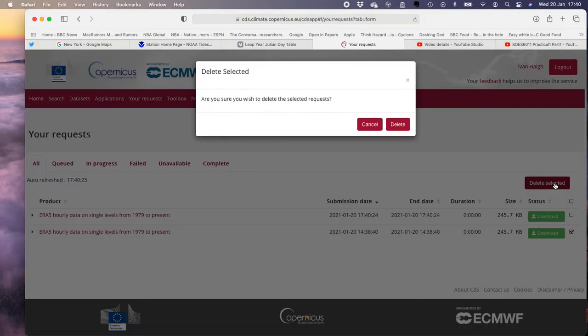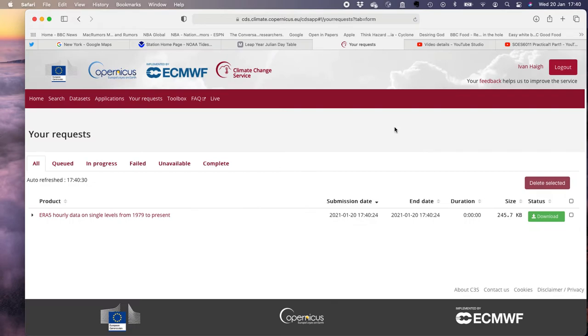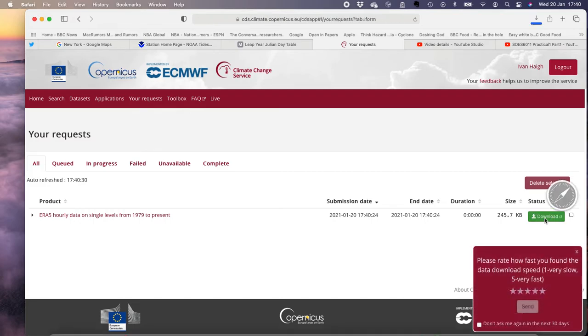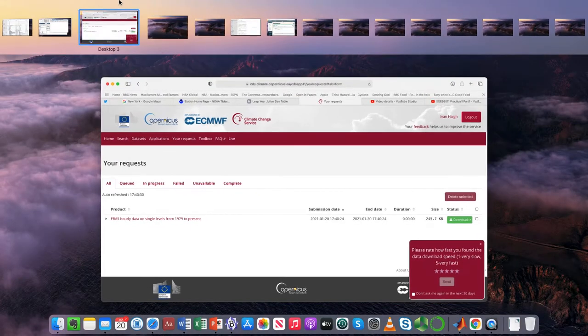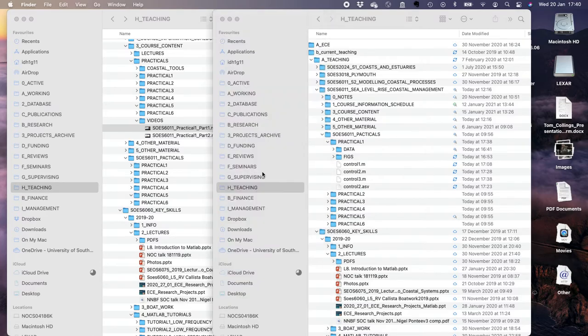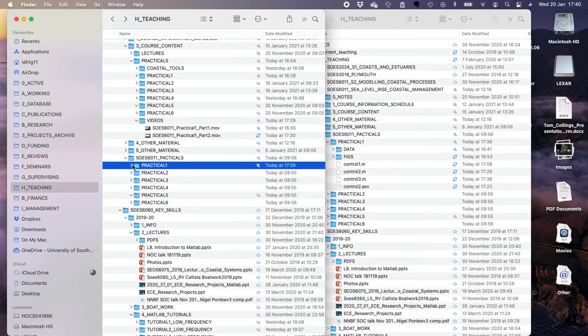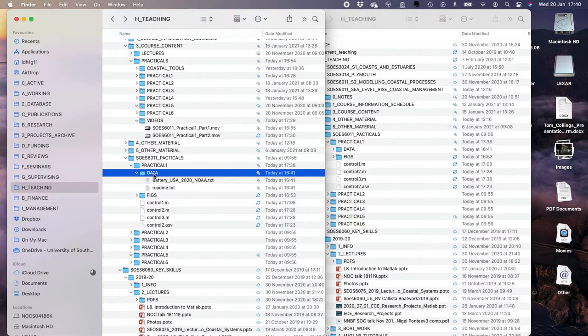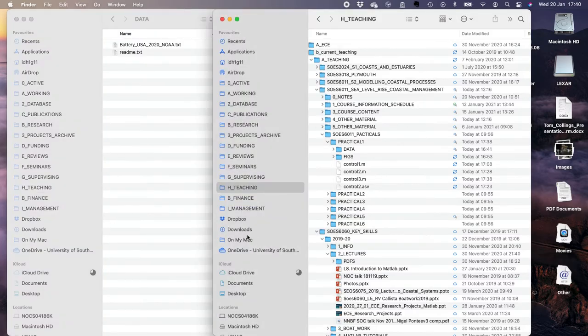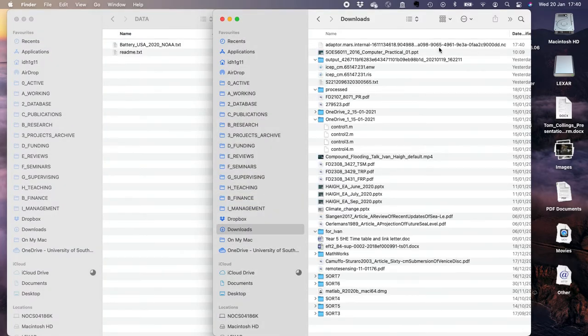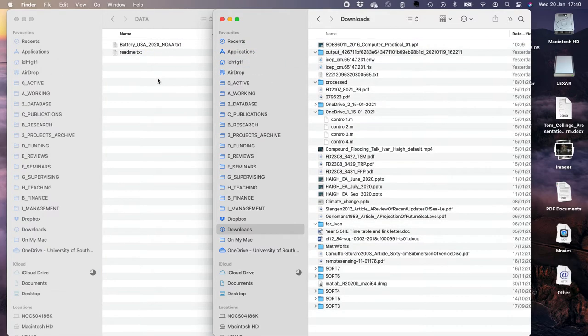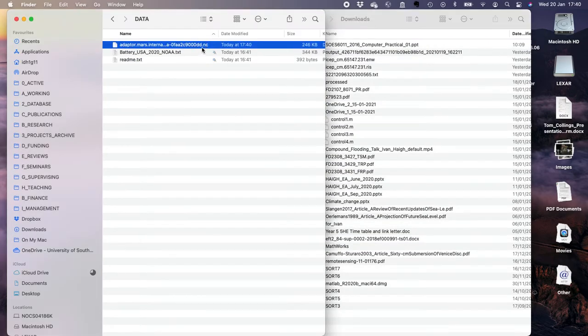Now I did this one early in the day, so we can delete that one. So you'll just get one up. It might take a minute or two before you can download it. But if you click on download here, that will go into my downloads folder. So we can go into Practical1, data. I'm going to go into my downloads folder. Now, it comes with a horrendously long name, so I'm just going to rename that as